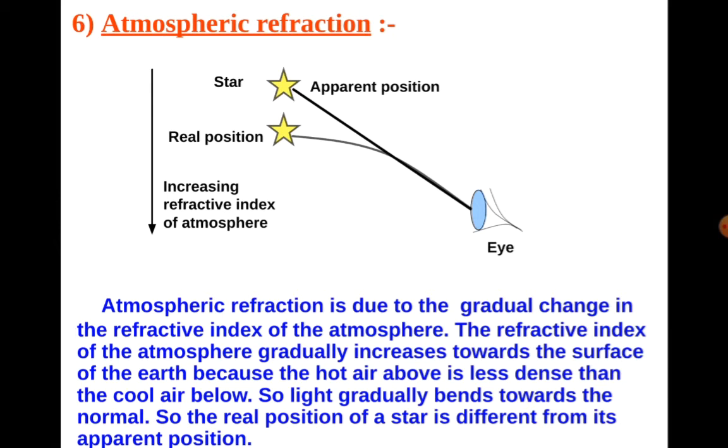So I can give you one more example also. On a hot summer day or sunny day, if you watch the road a little far away, you can see some kind of wave which is formed there. The wave which is moving, the hot air, it looks like a wave, just like a radiator. The air just above the fire becomes hotter than the air further up above it, and has a refractive index slightly less than that of the cooler air.